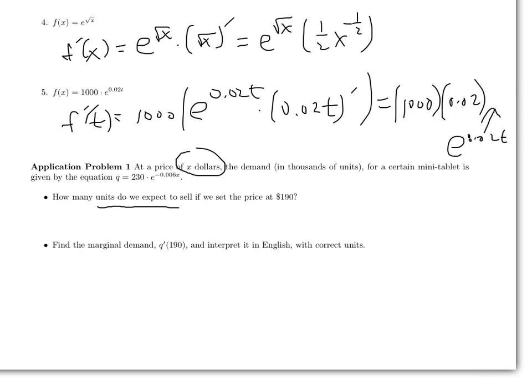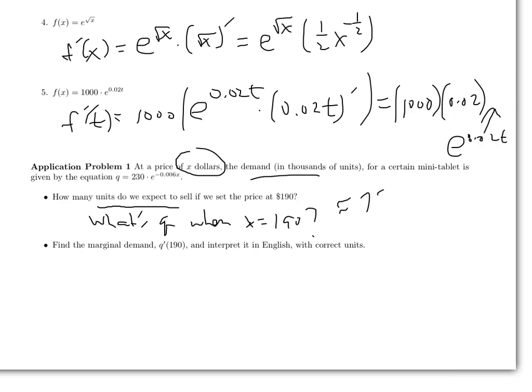How many we expect to sell is the demand in thousands, so that's the Q. So basically this is saying, what's Q when X is 190. And so it's just a matter of plugging in 190 for X into this relationship. So if you do that, you get